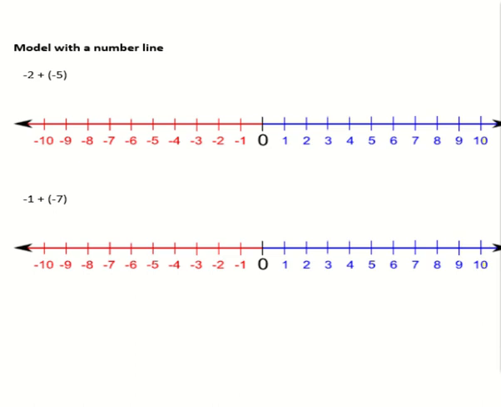So start at -2. You can do this on the number line. There's different ways to do it. Some people do it above it. If you start at -2 and you are adding a -5, you're either going to go left or right when